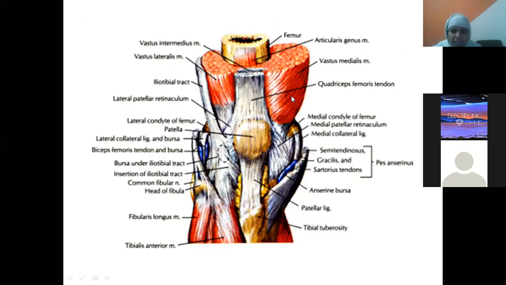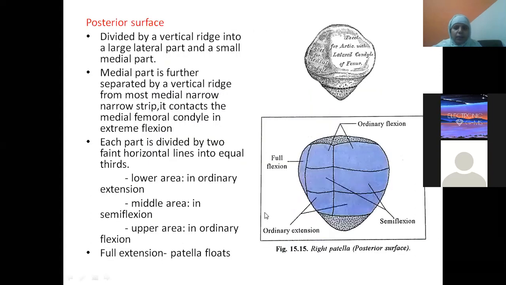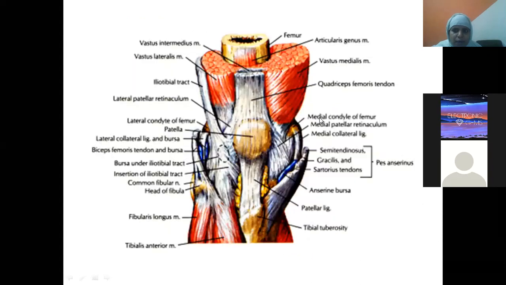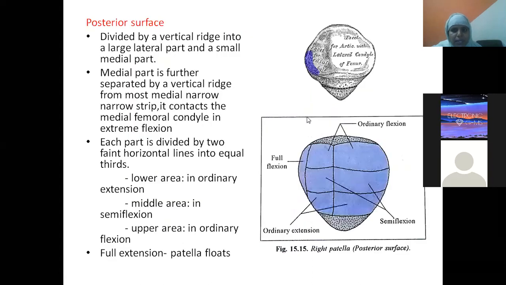Now you are finding these muscles better, what you were telling, quadriceps femoris. This is vastus medialis, this is vastus lateralis, and in between you have vastus intermedius. All together they form the quadriceps femoris tendon within which this bone is ossified, and this is the patellar ligament or ligamentum patellae, which gets attached to where? Just now Imad told us. Tibial tuberosity.